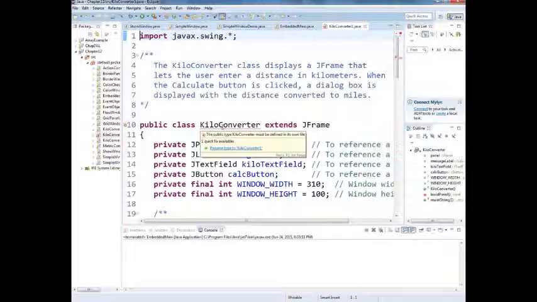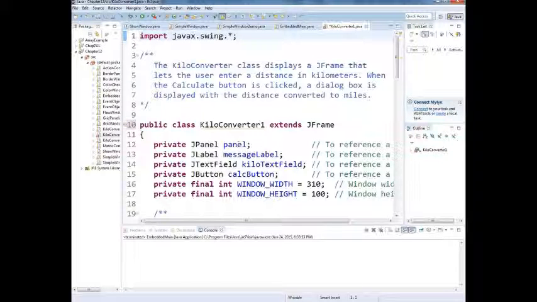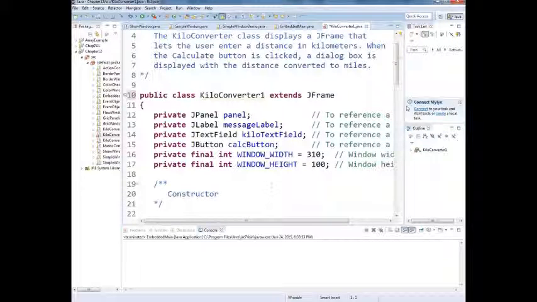Okay, so here's the KiloConverter, and it extends JFrame, but now we've got some new pieces and parts we're creating. We're creating a thing called a JPanel, and we're calling it panel. We're having another object which is a JLabel, called messageLabel. We've got another thing called the JTextField, and we're calling it kiloTextField. And then we've got a JButton. So those are all classes, all things that we are creating things from, and they're all part of the